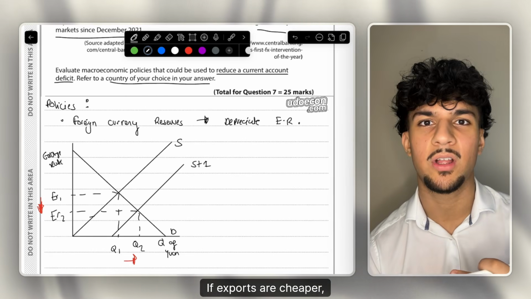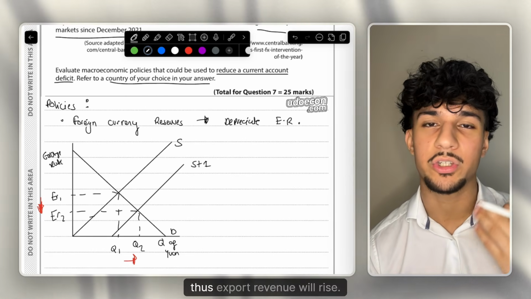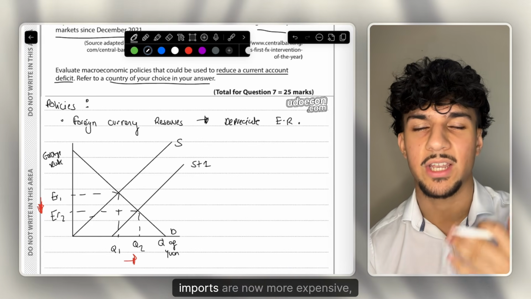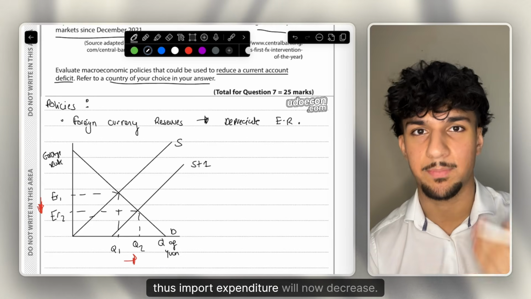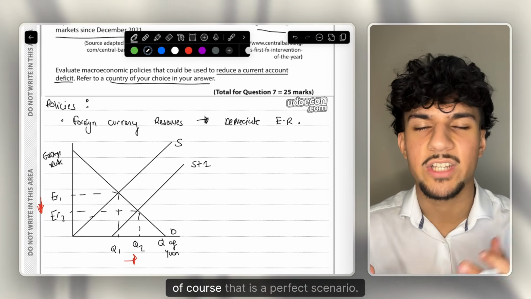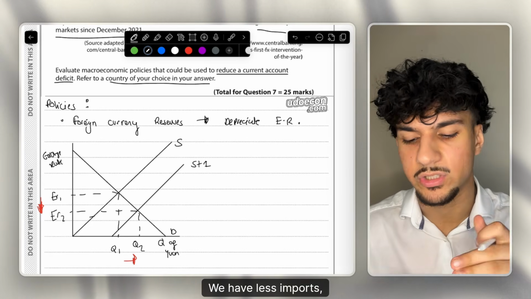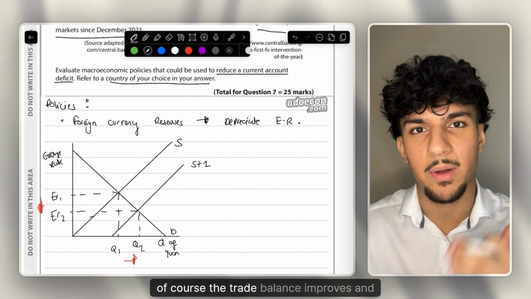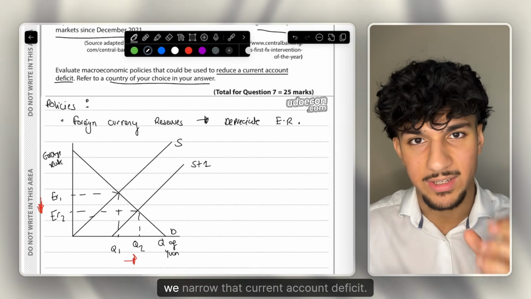If exports are cheaper, they are more internationally competitive, thus export revenue will rise. And let's think about the opposite side of the spectrum, imports. Imports are now more expensive, thus import expenditure will now decrease. And of course, that is the perfect scenario. We have less imports, more export revenue, thus meaning that, of course, the trade balance improves and we narrow that